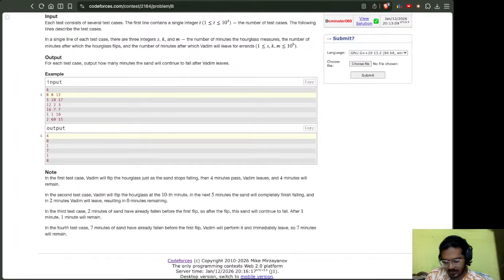So he waits 10 minutes and then he flips it, which is less than the leave time. Okay, he flips it, waits for 7 minutes. 7 minutes is less than flip time, so we cannot flip once more. So whatever the reserve was, that is 5 minutes, will deplete,